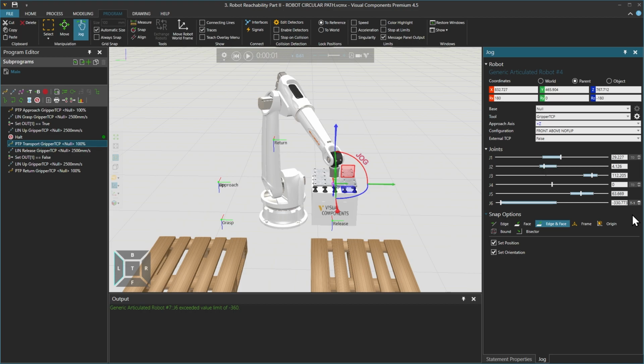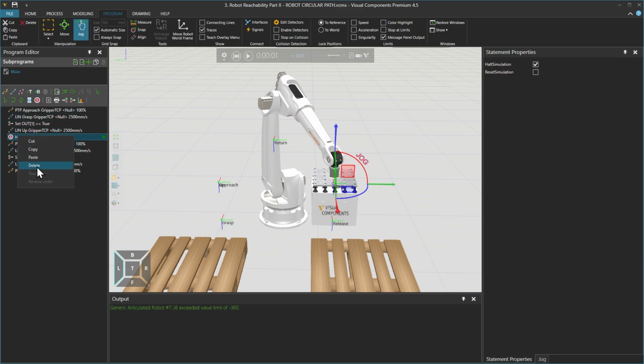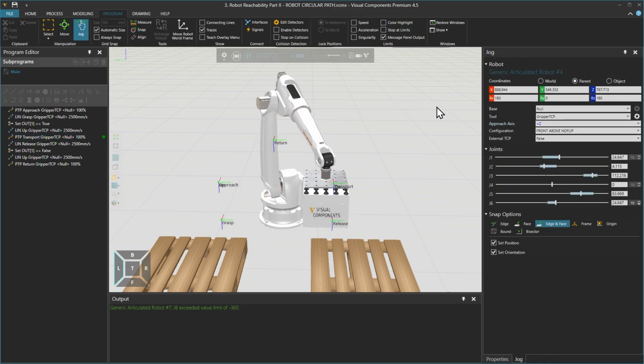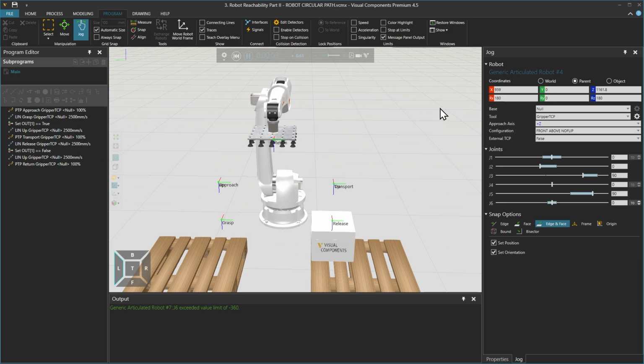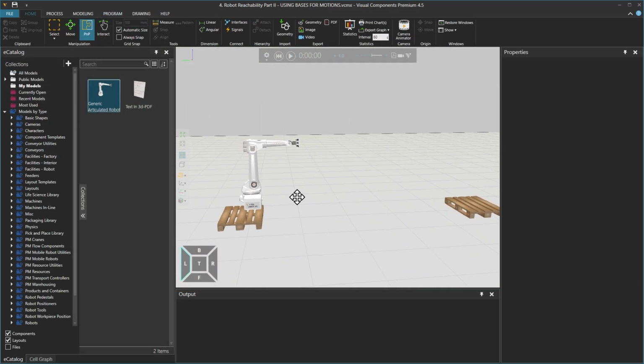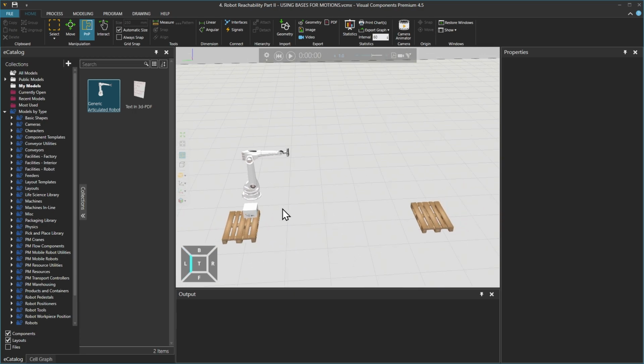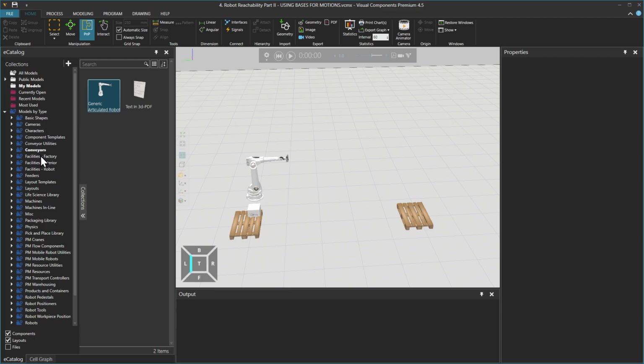And to solve the issue, we increment joint J6 in this PTP transport statement back one full rotation in the positive direction, so it's now at plus 29 degrees, and touch up the statement. And now, deleting the halt statement, we can reset and run the simulation, and the unwanted joint rotation has been removed. In this final example layout, we are again performing a pick and place motion, but where the end position is out of reach of the robot.